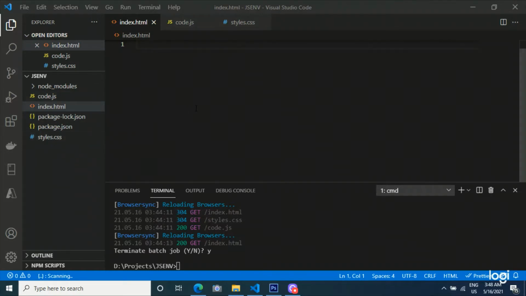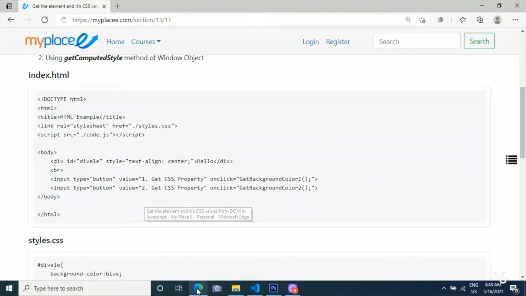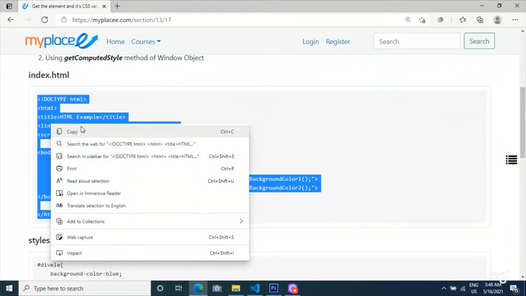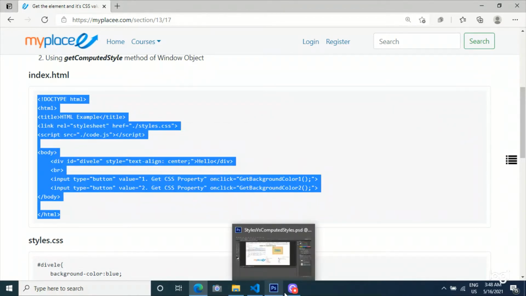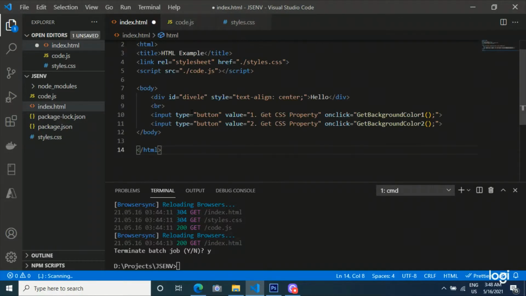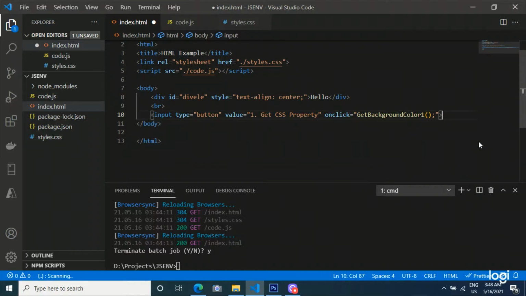For time saving purposes, I just copied the template from MyPlace and pasted it in index.html. Save. For the time being, I deleted this button. Now there are 2 elements in the body.